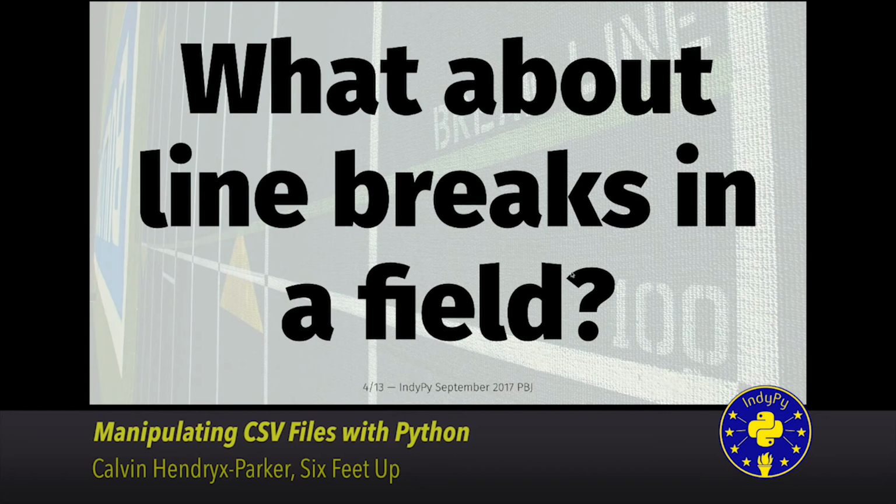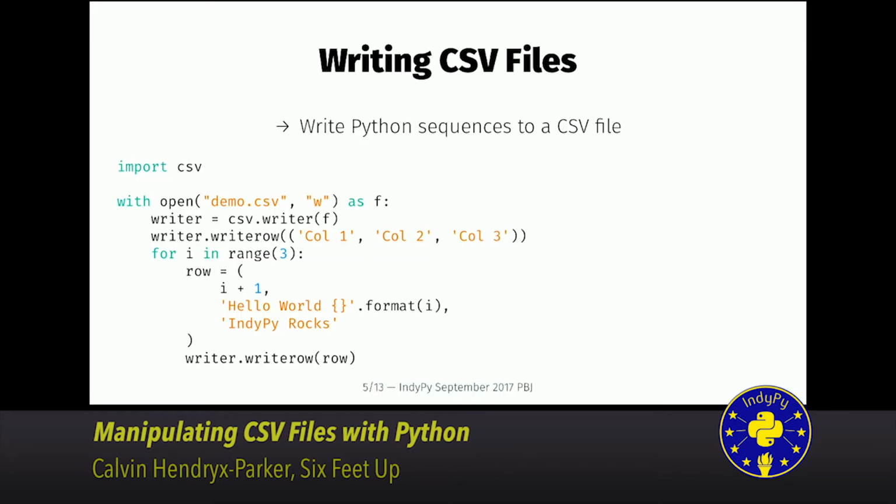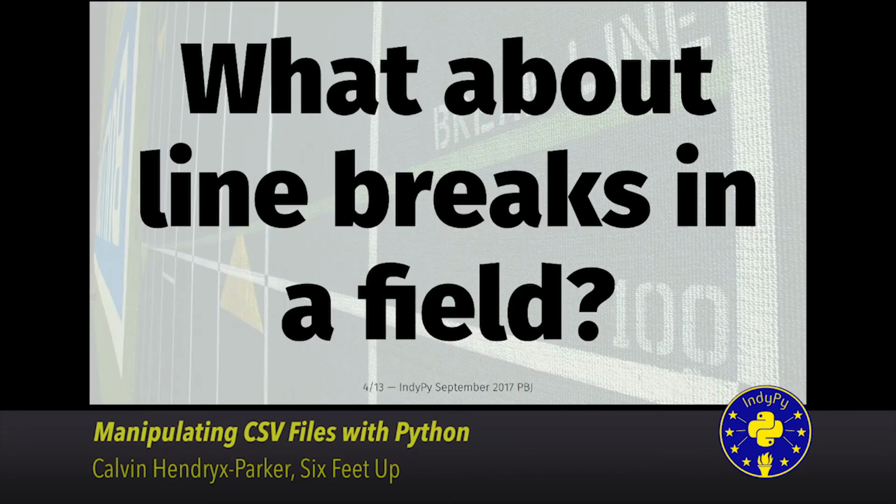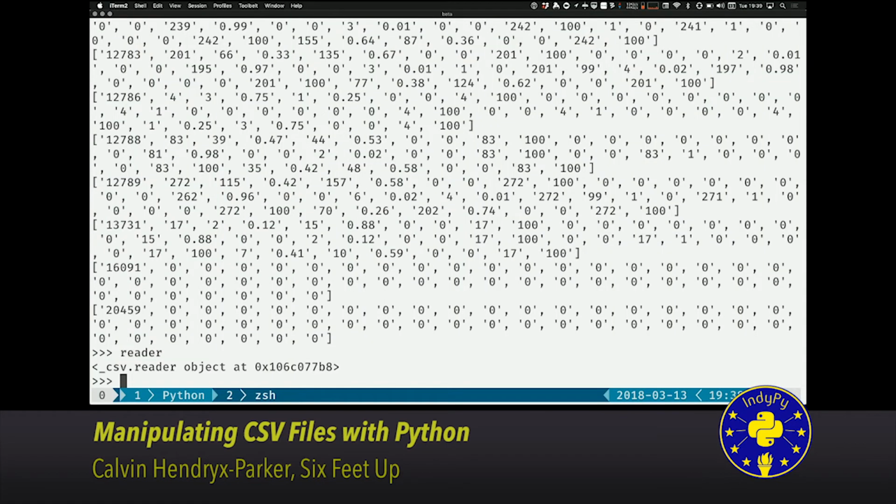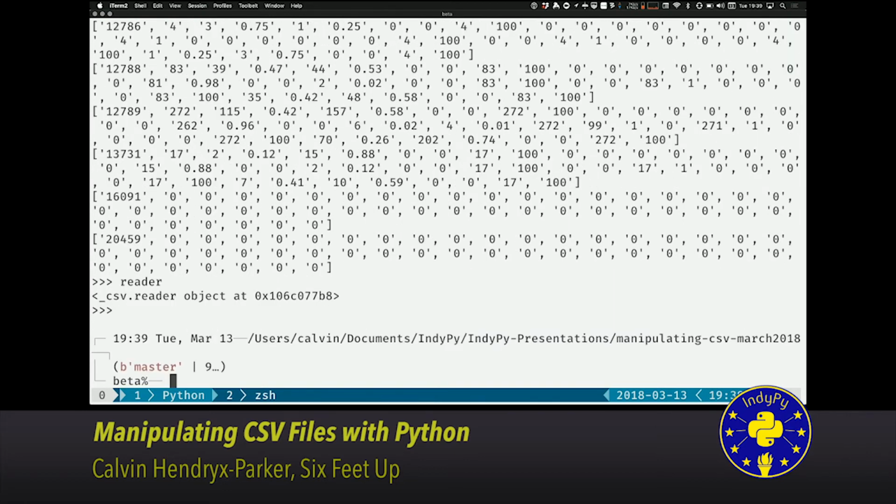So what about line breaks? Say you've got some paragraphs of text maybe in one of your columns. What's nice is that Python can handle that too. Oops, I was supposed to show you that as the example. Okay. So if we run,